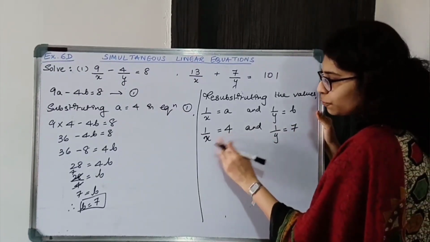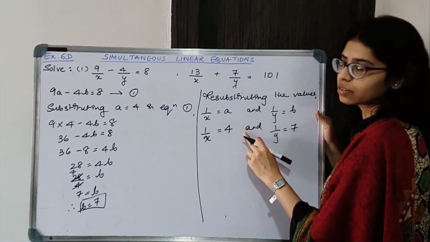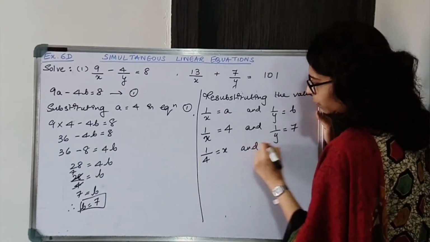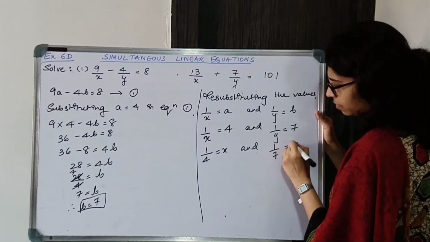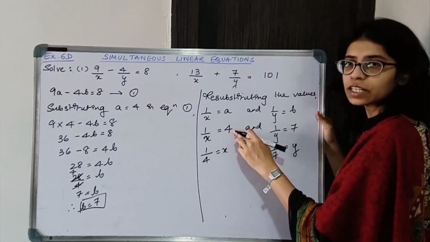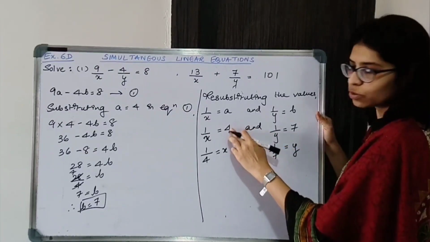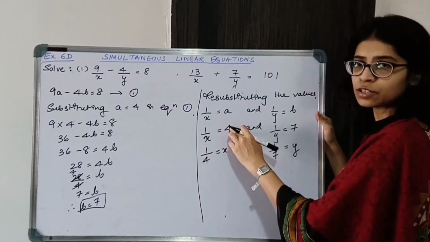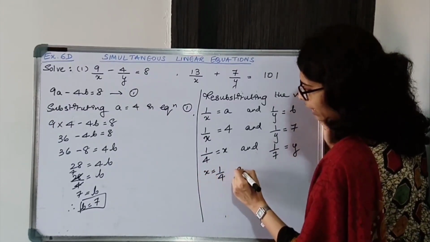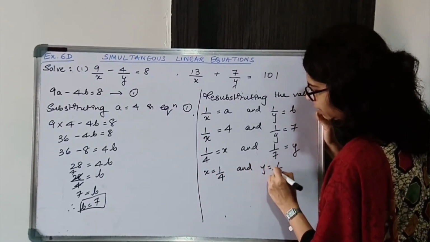Now we'll just shift 4 over here and x over here. All right, so 1 upon 4 is equal to x, and over here same thing. ओके, ये डिनोमिनेटर में है, जब यहाँ पे शिफ्ट करेंगे तो न्यूमरेटर में जाएगा. सो एंड दिस विल गो इन डिनोमिनेटर बिकॉज दिस इज इन न्यूमरेटर. ऑल राइट, सो x इज 1/4 एंड y इज 1/7.